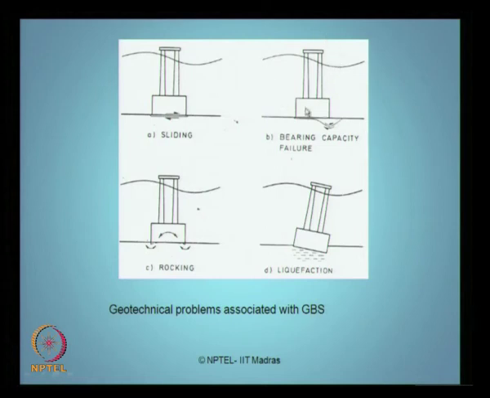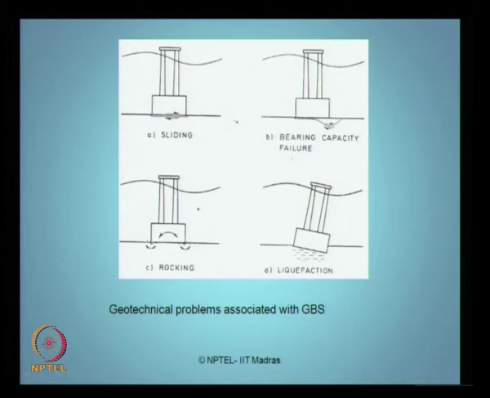Because of its very high colossal weight, sometimes it can result in what we call a bearing capacity failure. There can be a bearing capacity failure at a specific stress concentration created at the foundation level on the sea floor because of the massive weight of the superstructure. Sometimes a differential settlement happening on the sea bed because of its weight can result in an action called rocking. This can damage the foundation system and the caissons of the platform very easily, and the extent of damage could be very severe also.